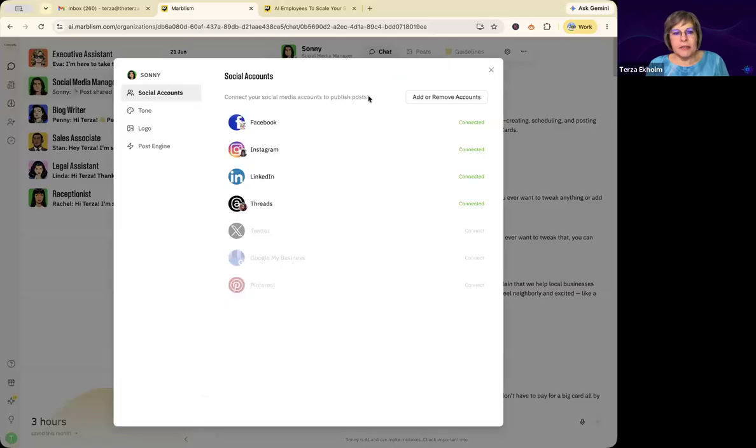In the settings, Sonny has access to social media accounts: your Facebook page, Instagram, LinkedIn, Threads, X, Google My Business, and Pinterest. Wherever your audience hangs out is where you want to post. Or you may just want to post across all of them, but you can set that up here.